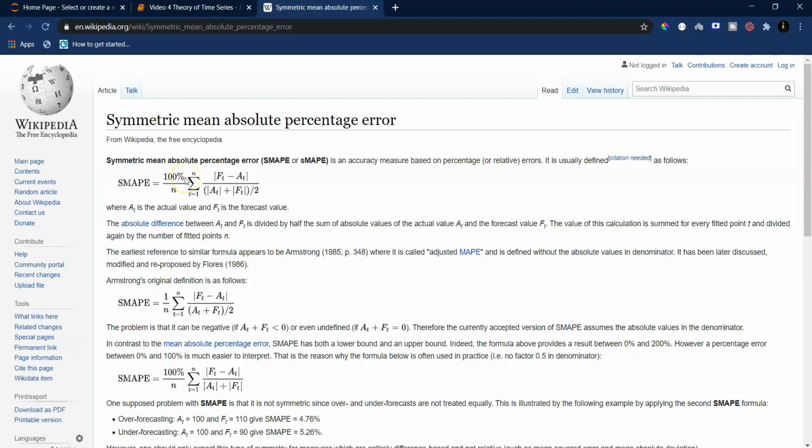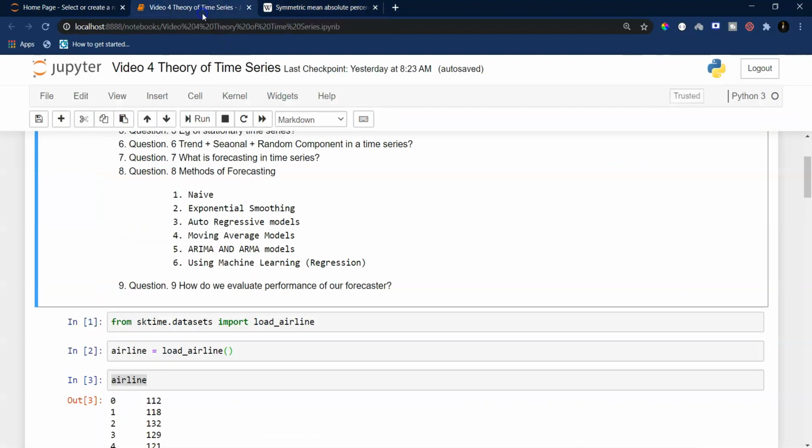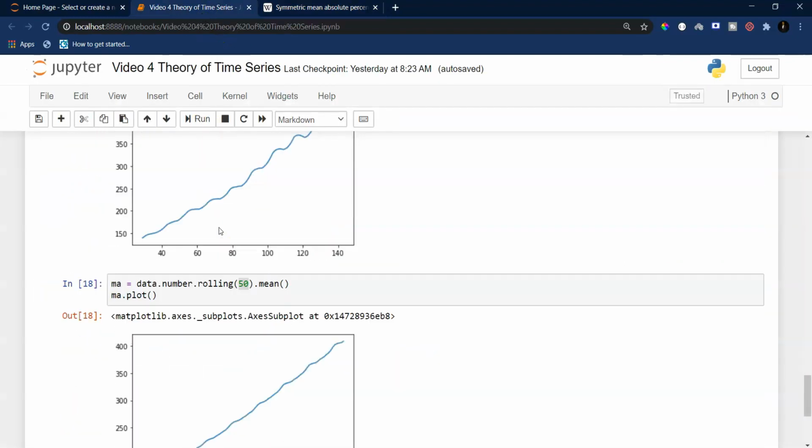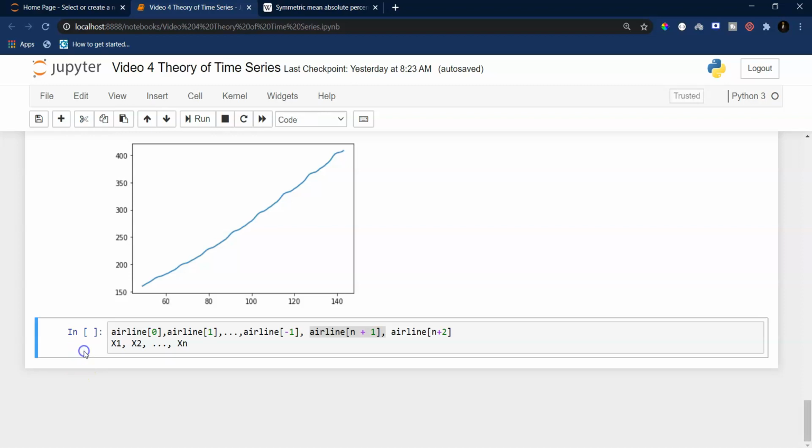Okay, so this formula is quite simple, and even if you have to implement it by yourself, it is not going to take too much time. You just have to import NumPy, and it is just 2 or 3 lines of code. I am obviously not going to do that in this video, but I will show you the SMAPE loss, which is actually implemented in the sktime library itself.